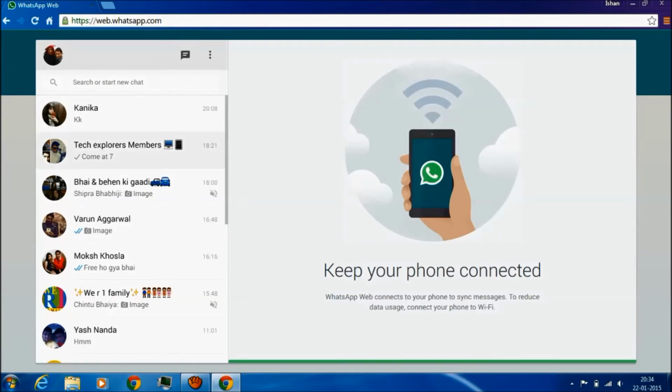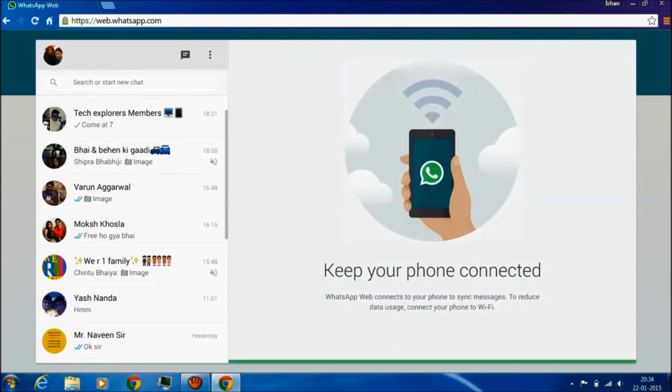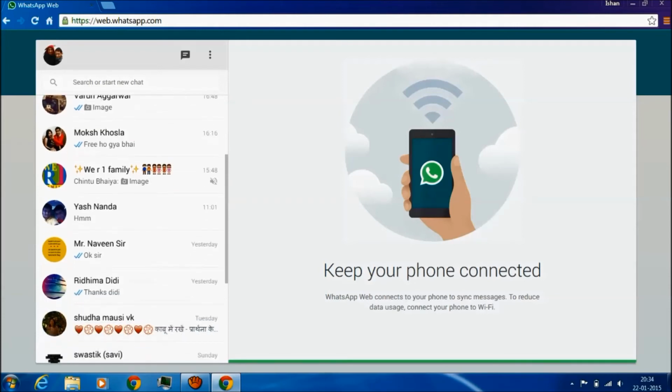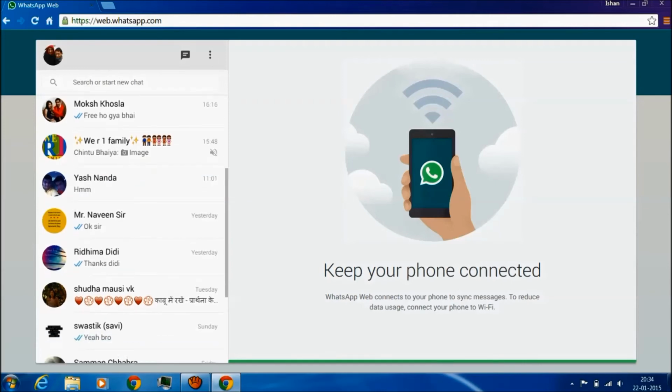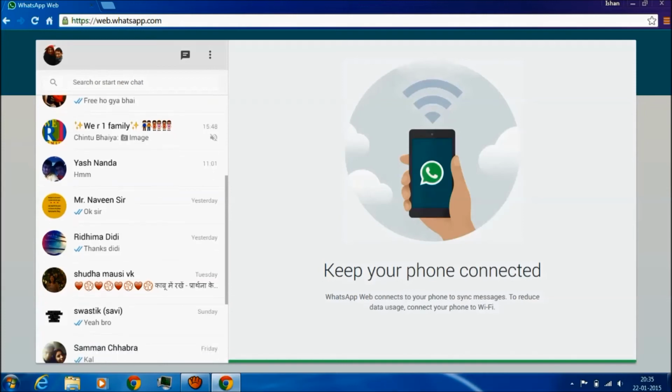I will try to use web.whatsapp.com. In 2 to 3 days I will try, and I will make a dedicated review for this. So make sure you subscribe, or if that is not possible, we will post our review on a Facebook page. All the links are in the description. You just go and check out the links, and this site, web.whatsapp.com, is very easy.